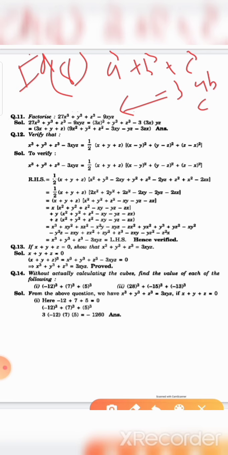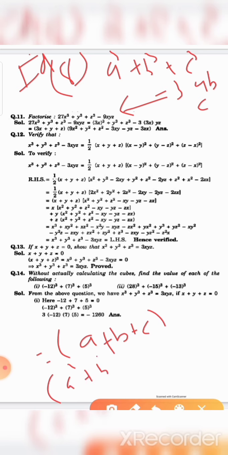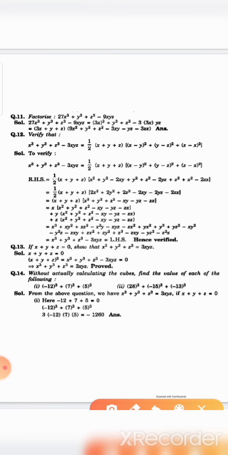3abc is equal to the first bracket a plus b plus c into a square plus b square plus c square minus ab minus bc minus ca. So here we use this identity. For that, first we write our polynomial in the form of the identity's LHS part, meaning the whole cube part. So in the solution we write